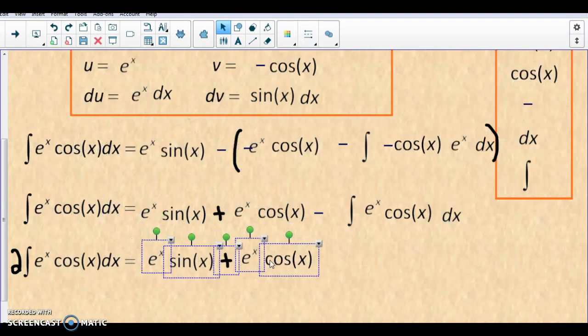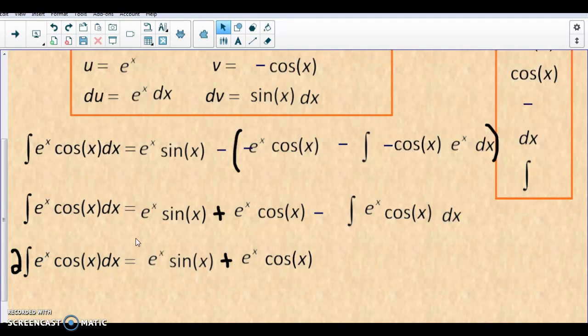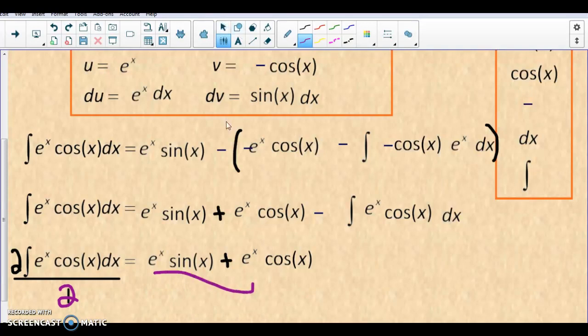And all I have to do now to actually solve for the final answer is to divide both sides, technically, by 2, and that will give me that the integral e to the x cosine x is equal to e to the x sine of x plus e to the x cosine x, all divided by 2, and it's getting really ugly around here. Plus, don't forget our lovely